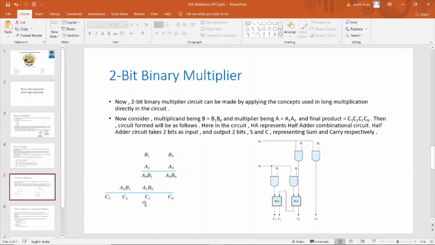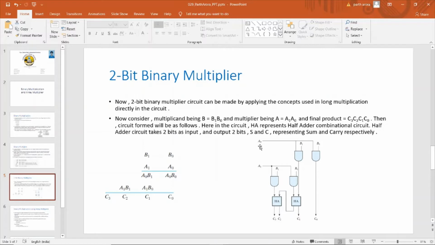To obtain c1, we will use a half adder, which will give us sum and carry outputs. c1 will be equal to the sum output, which is clear from the image, and the carry output will be added to the next significant bit, that is c2. c2 will be equal to the sum of a1 b1 plus the carry from the last significant bit, and so on. Now we can observe that we implemented the same behavior in our structure here.